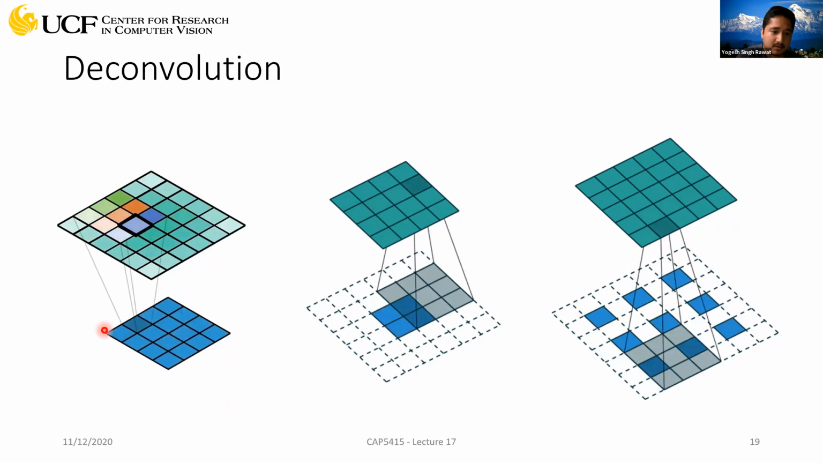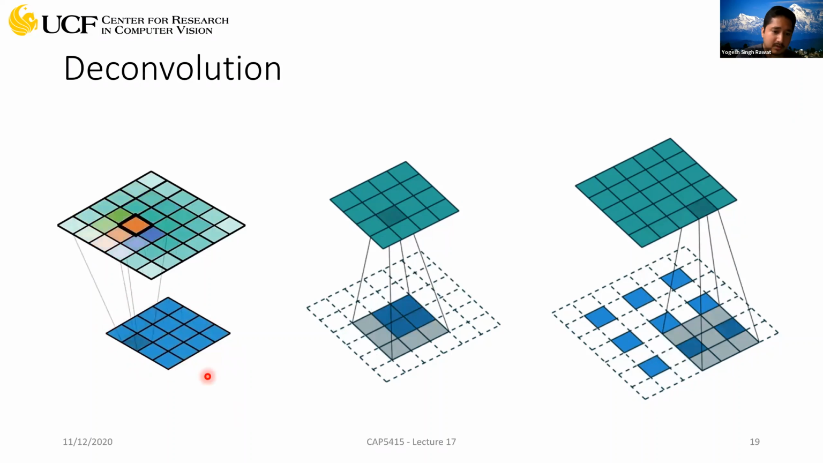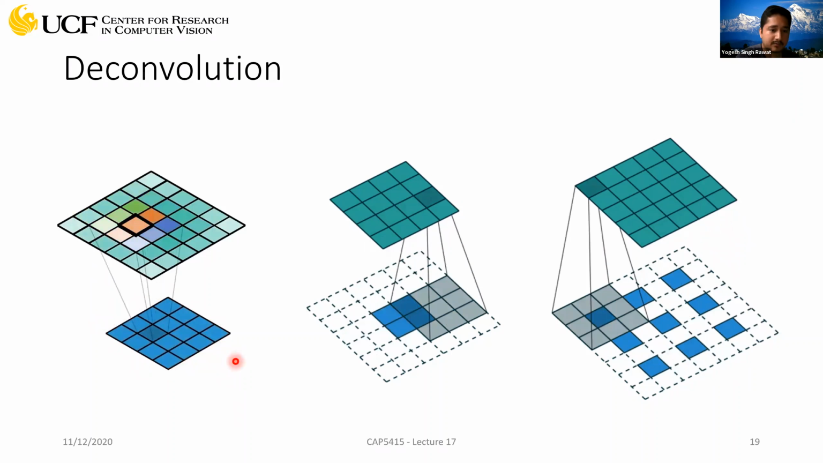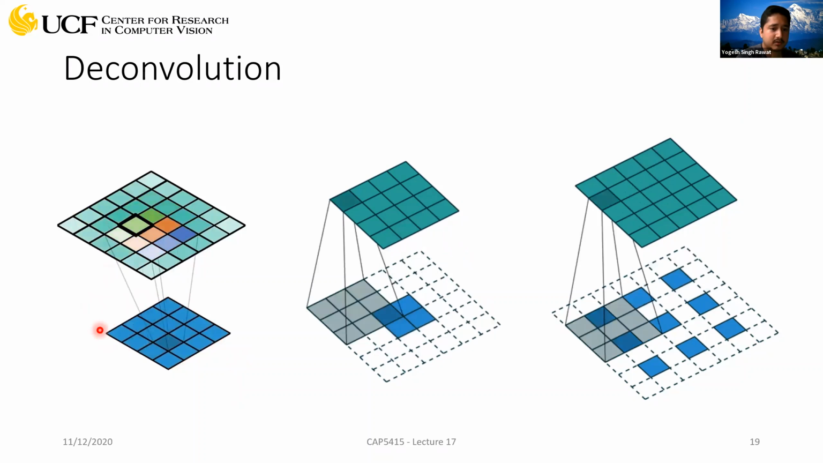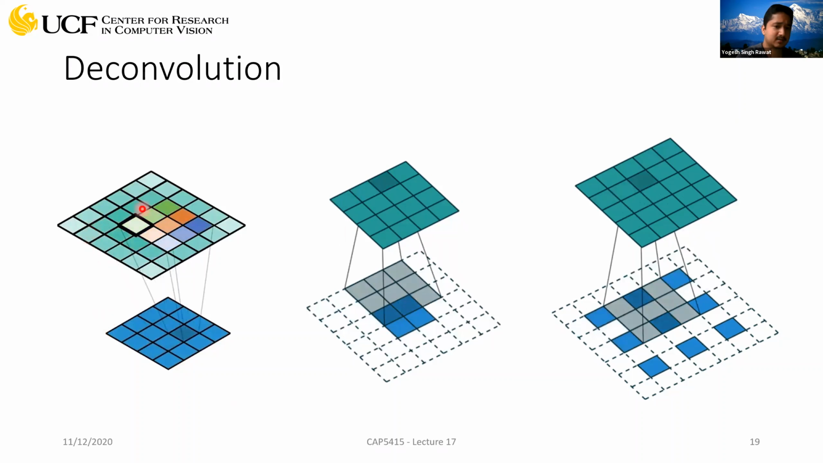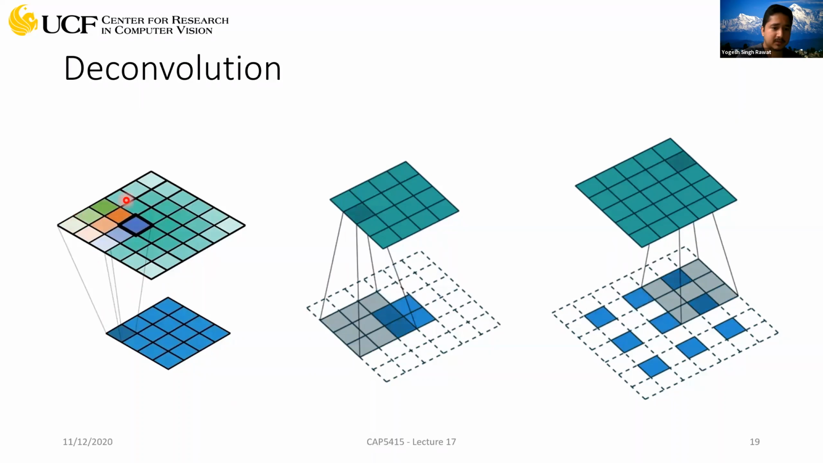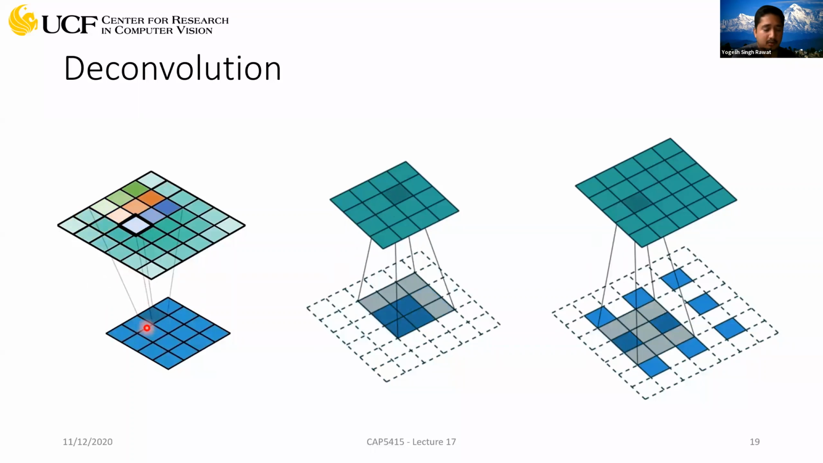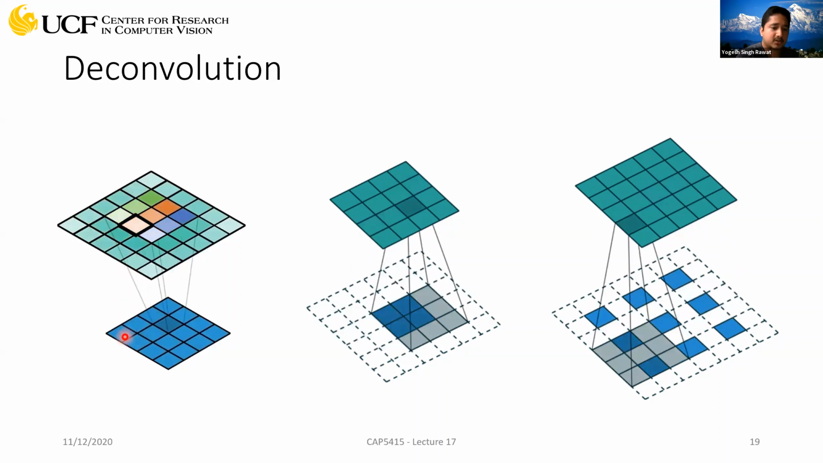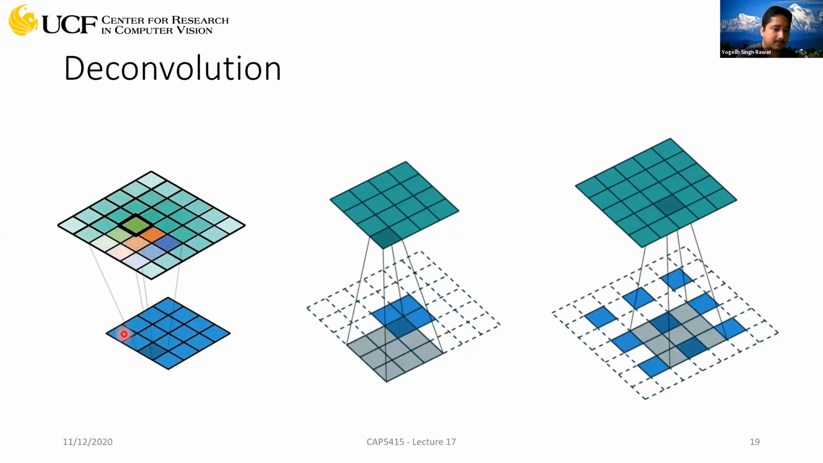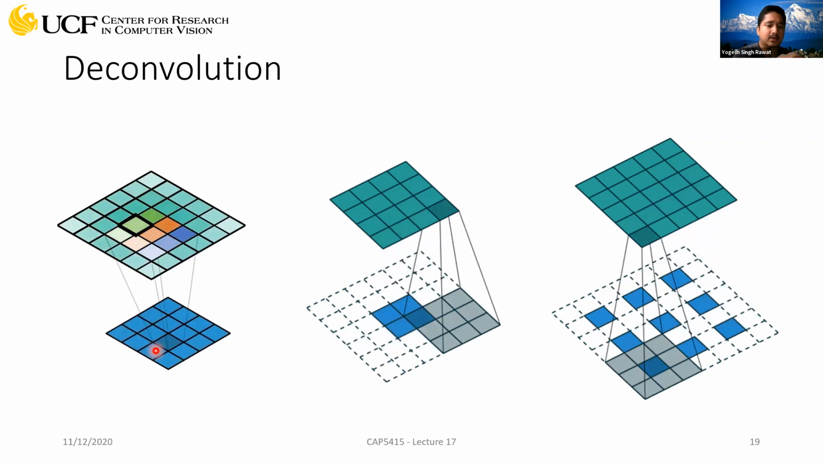So this is your input feature map. It's 4x4. And let's say you want to increase the resolution to 6x6 or 7x7. Now, what it's trying to do is, for each pixel location in this input map, it's trying to learn a kernel,